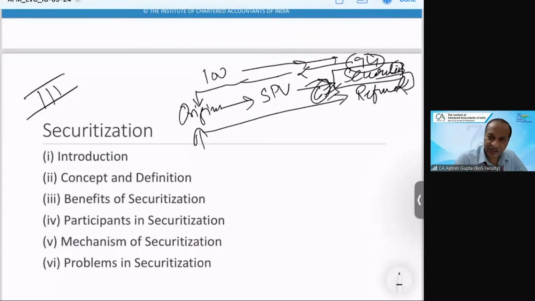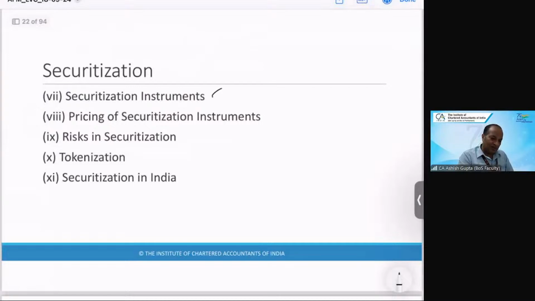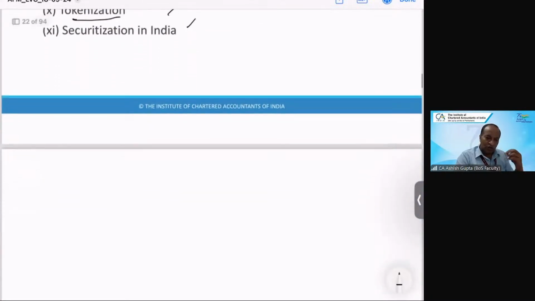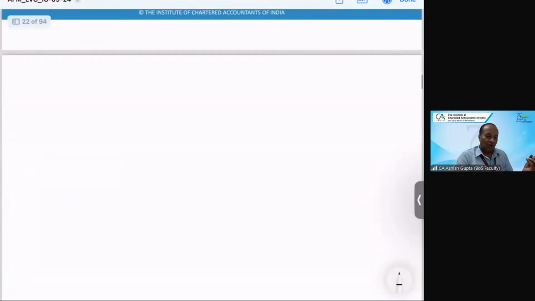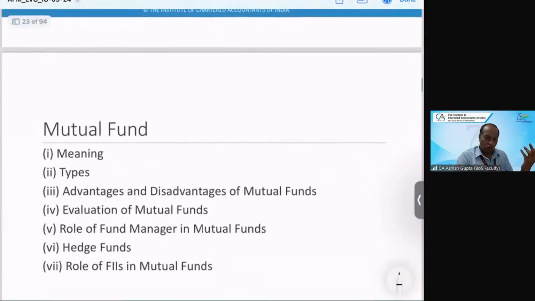And now securitization is popular because even some banks are buying these securities to make their balance sheet as per the RBI requirement. So all this has been covered here. Of course, this topic is more theoretical oriented, but still, you should cover the basics. Here, the concept of tokenization is also covered. Basically, tokenization means we issue a token, a small amount of digital token that can be transferred or stored, etc.